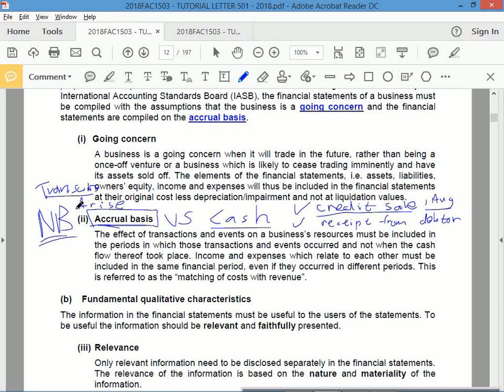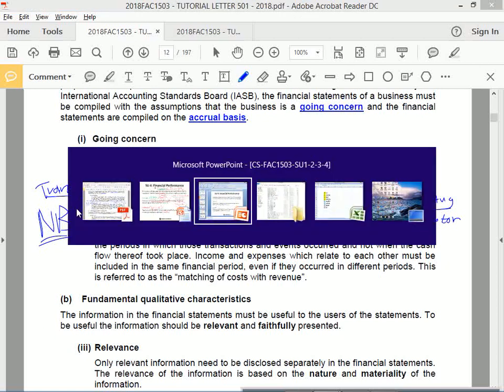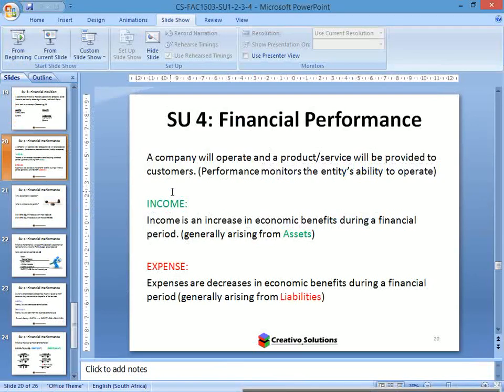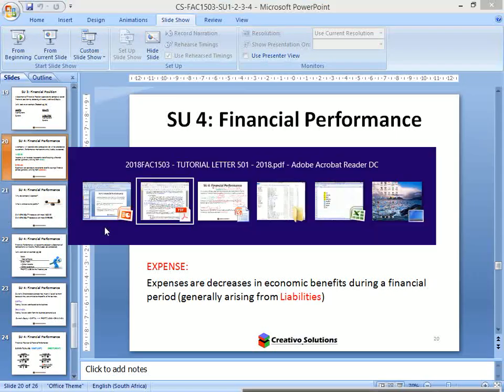Okay. Right, the accrual basis is when the transaction arises. So if I have a sale, I have a transaction. If there's a receipt, I also have a transaction, but it's a different transaction. Right, so coming back to that, you can add the word accrual here. That's important. Does that apply to assets and liabilities? No. Assets are assets, liabilities are liabilities. Yes, there are considerations there for those transactions, but they're separate.